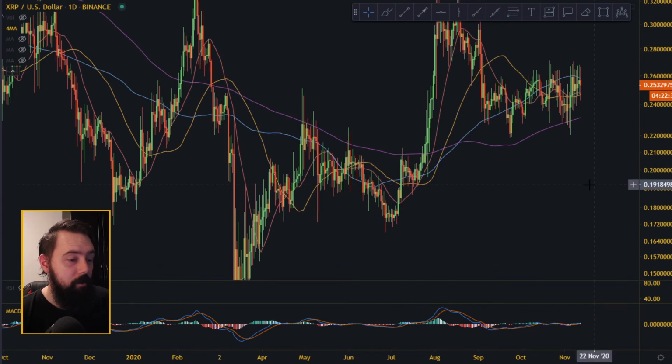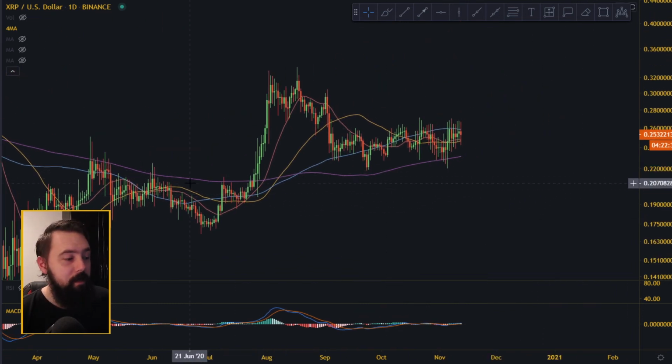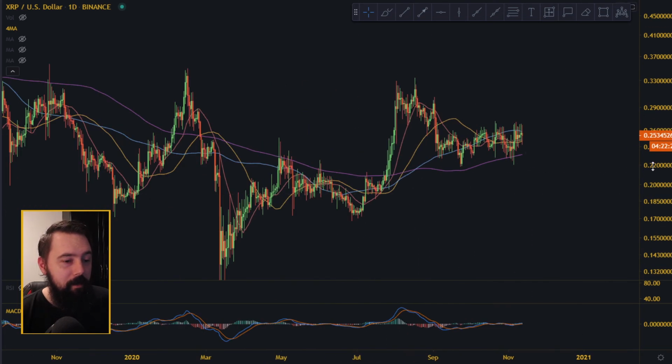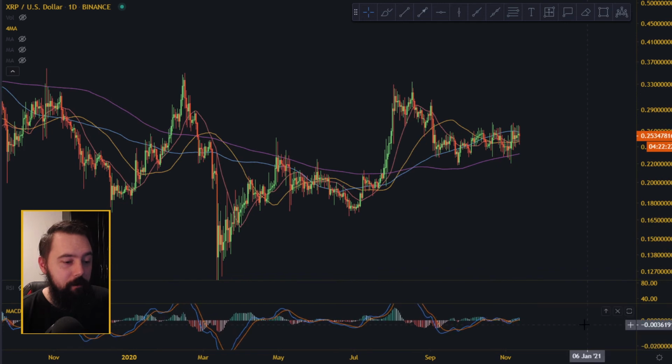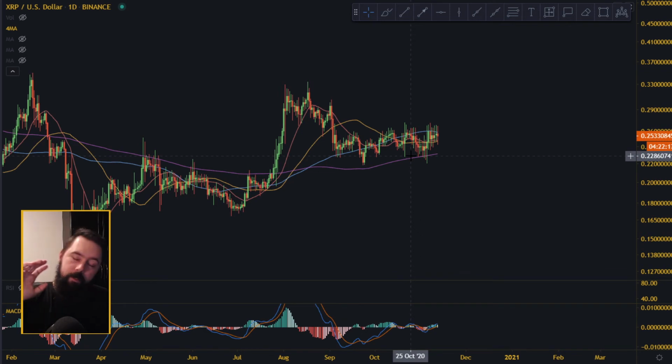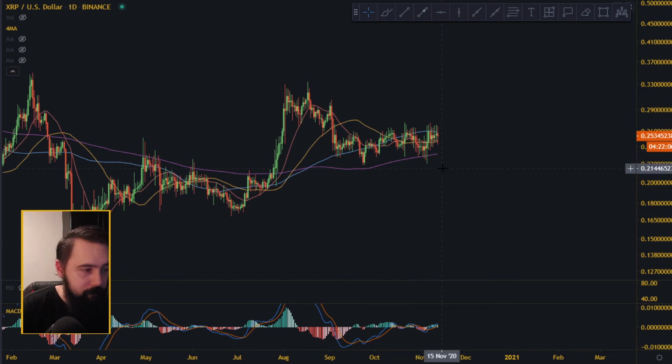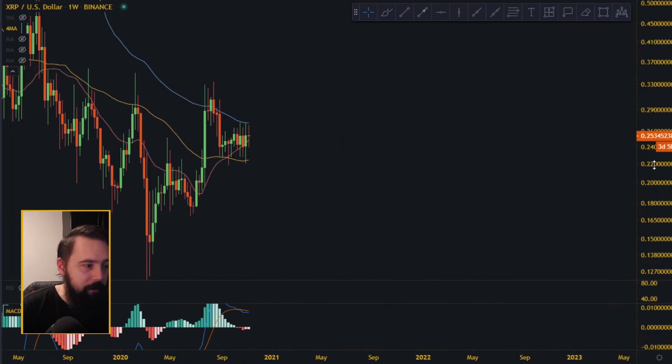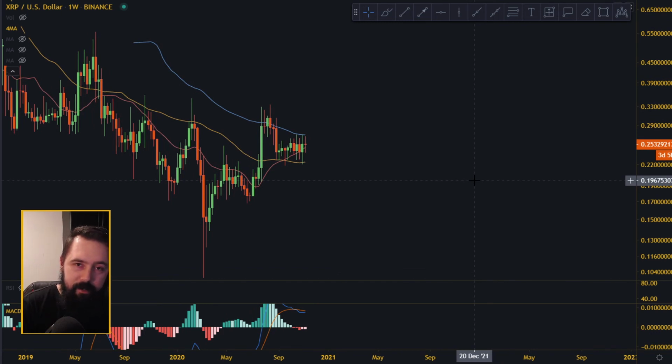The positive, bullish thing is the purple one, the 200 moving average. It's being held on the daily. That's good. So right now for XRP, we have certain indicators telling us we are bullish, but we need confirmation. It's holding the 200 moving average on the daily. On the weekly, it's above the 20, it's above the 50, but it's getting resisted at the 100 moving average. You got a triangle that it needs to pop out of, right?